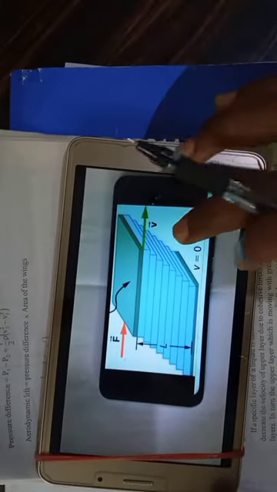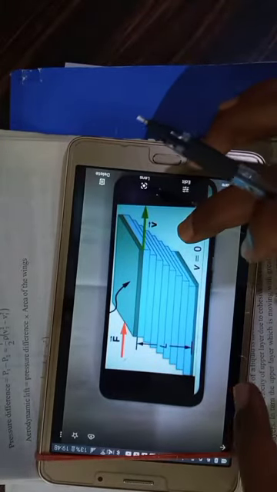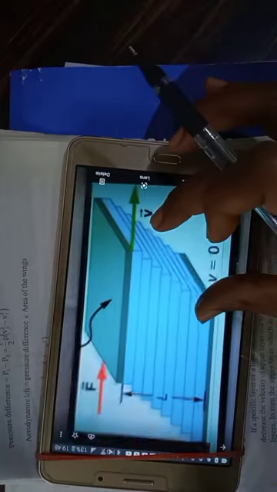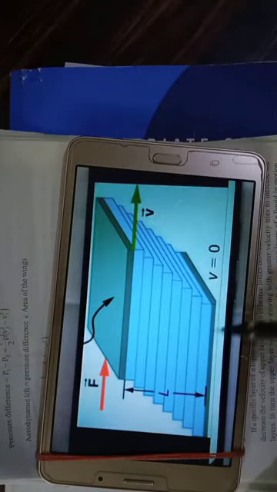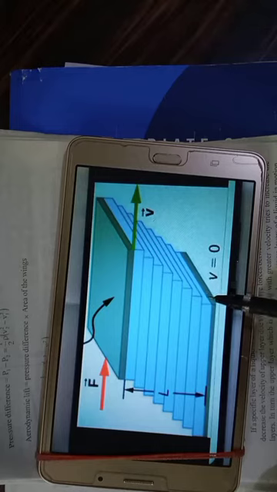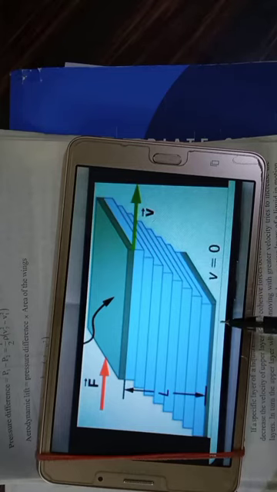The lowermost layer, let us see how it is. So it is like this. See, layer wise. In a canal, the water is moving as if it is composed of horizontal layers like this.